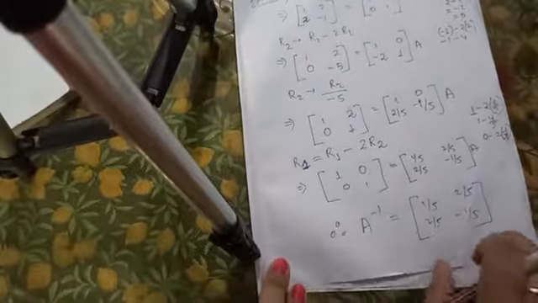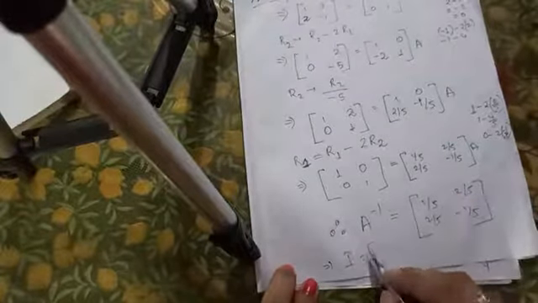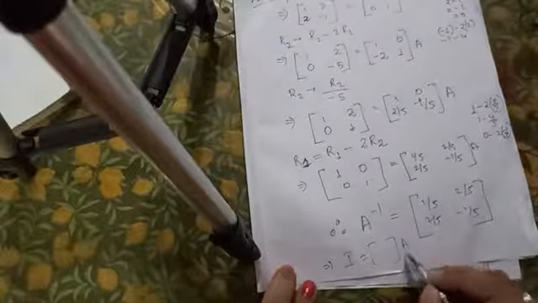Why have we written this matrix? Because this is I itself, and this is the matrix A. It will go down, isn't it? If this goes down, this will go up, and then it will be A inverse. So the A inverse matrix value is 1 by 5, 2 by 5, 2 by 5 and minus 1 by 5. Okay, so in this way we find the inverse matrix. We bring the inverse matrix using elementary operations.